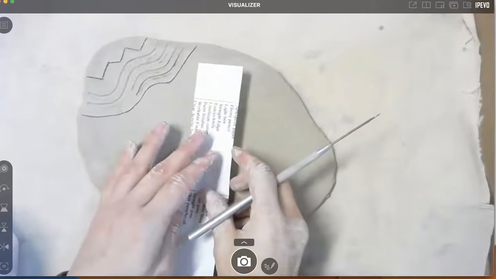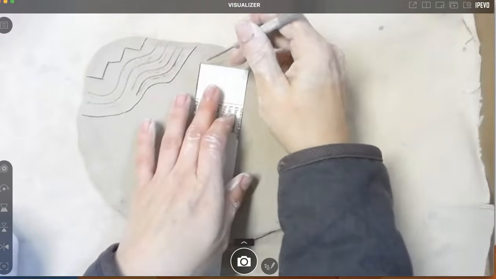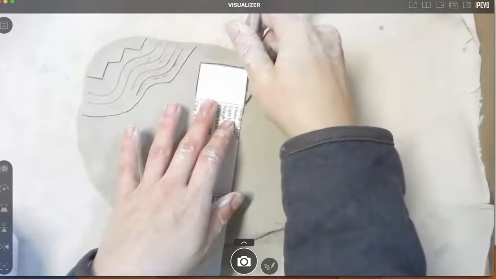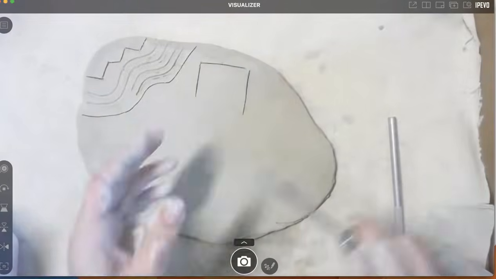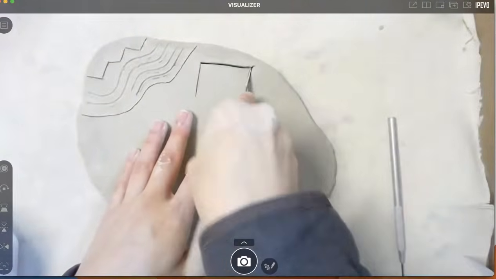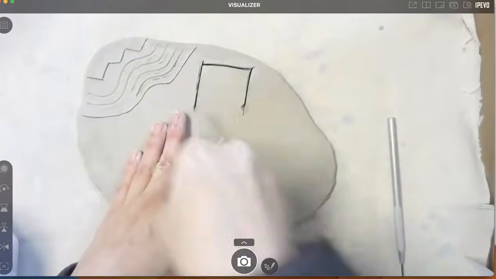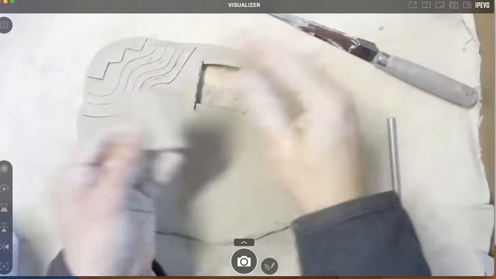For example, if I want to cut out this edge here, I could trace this edge of the paper using my needle tool, and then I can come in and cut out the shape using the fettling knife. Now this clay is rather soft, so it's not going to come out super nicely, but there we go.